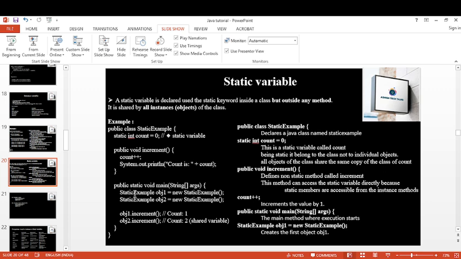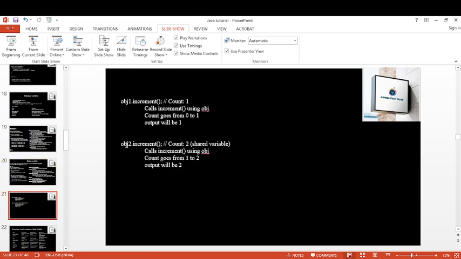So, as in the previous instance variable example, here we are creating an object named object1. Next, object1.increment means we are calling increment using object1, and the count goes from 0 to 1.